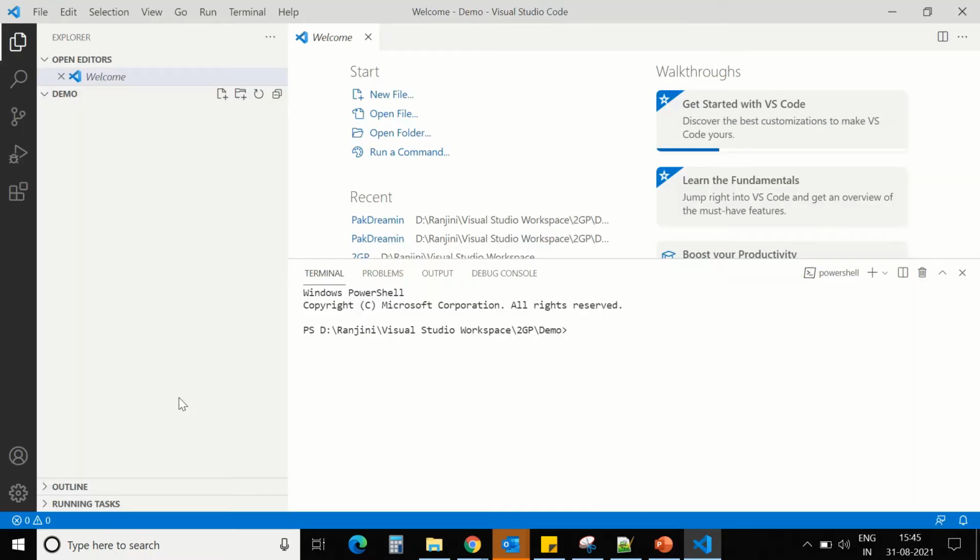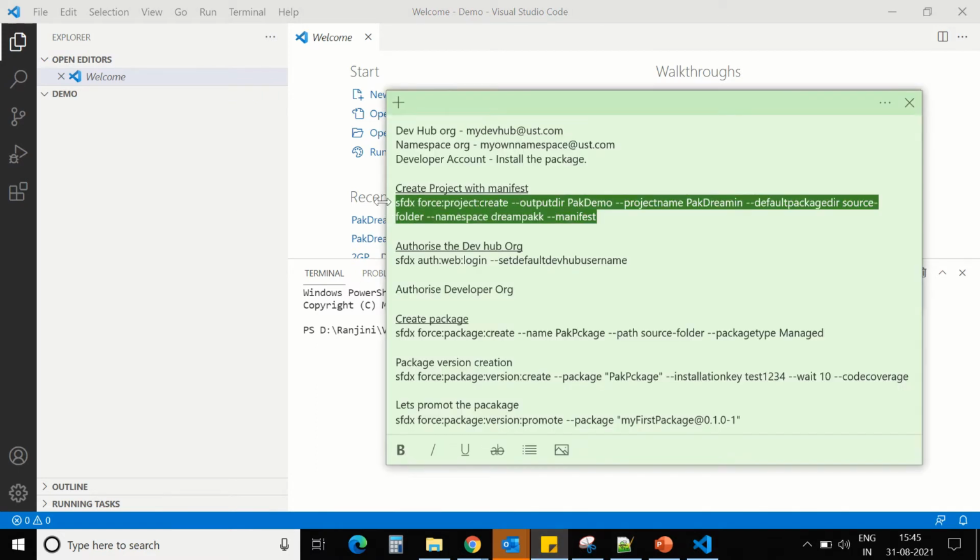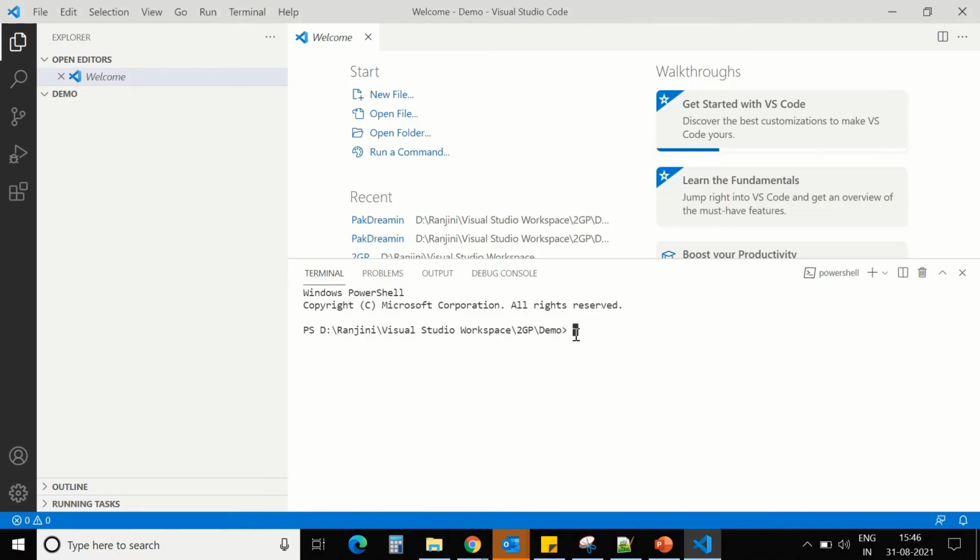Next, let's see the actual package creation steps. Open your Visual Studio Code. I have opened Visual Studio Code and the folder where I am planning to create the package. You can see the folder demo here. Now let's create the project. I'm creating the project with manifest.